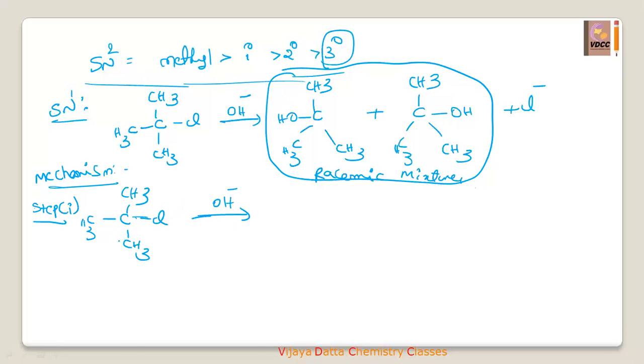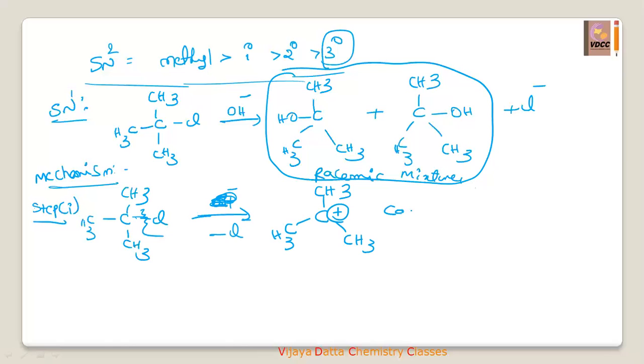Because of tertiary halides, it is not possible. So first of all, before going to add OH minus, we have to break the bond between carbon and chlorine. In the first step, Cl minus comes out. Then it forms (CH3)3C, with the carbon having the positive charge, because Cl comes out as the minus.